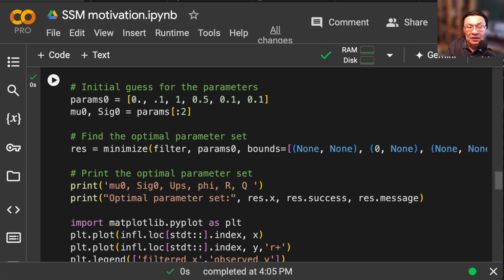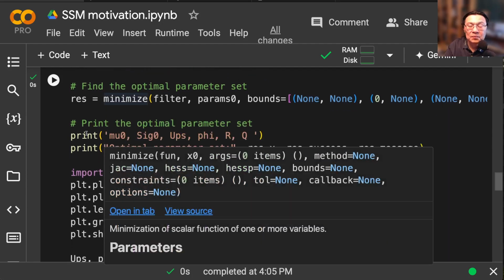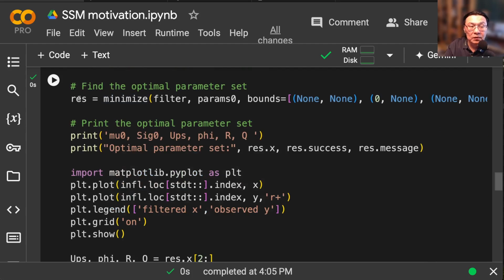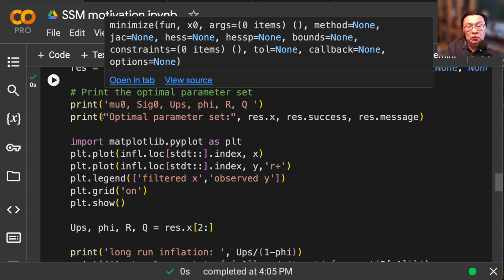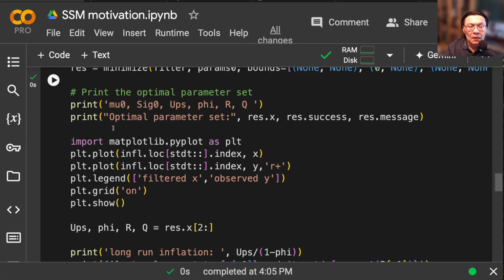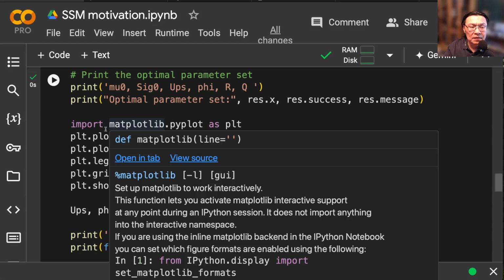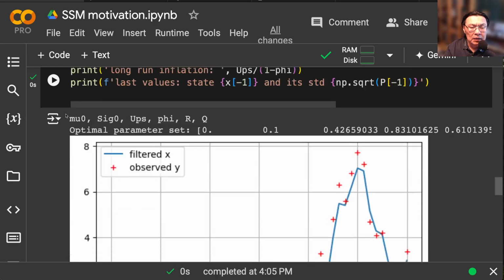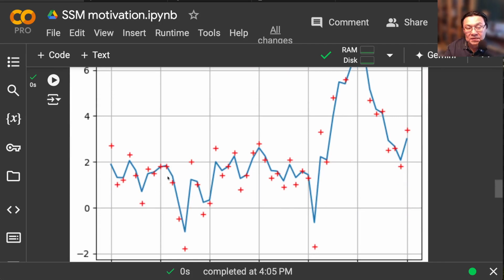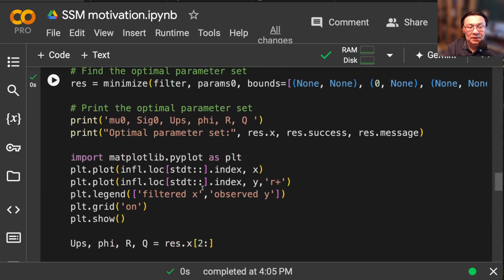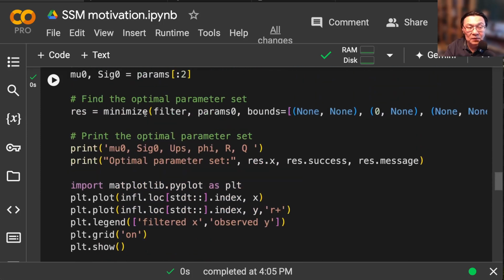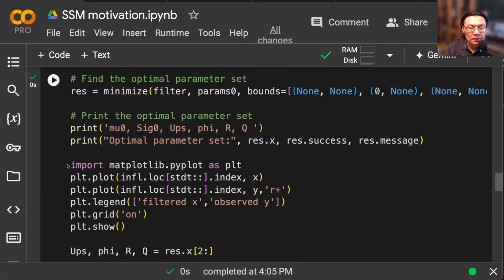Again, you have initial parameters, just call minimize, and then let's just print what it ran, because minimize will return you res, some object which captures the results of the minimization. I'm going to just print my parameters, and then I'm going to chart my fit. So you see the blue is a hidden inflation, and the red dots are the observations. So the blue I received from my fitting to the data, right? So I fit to the data, and when I fit to the data,